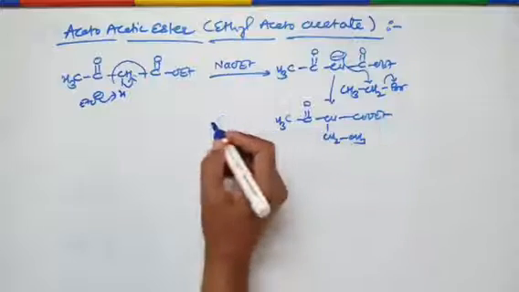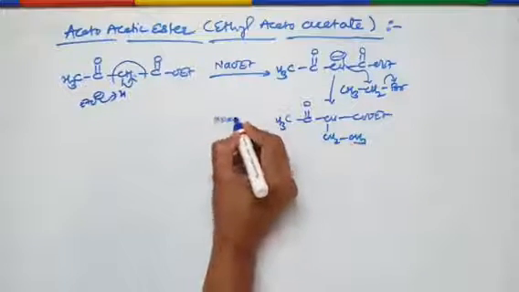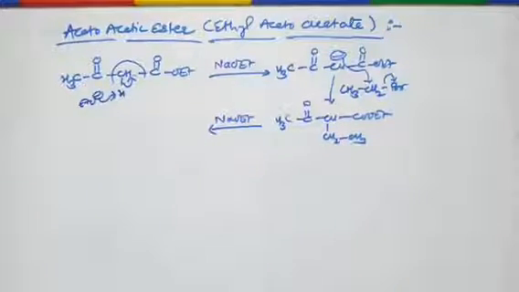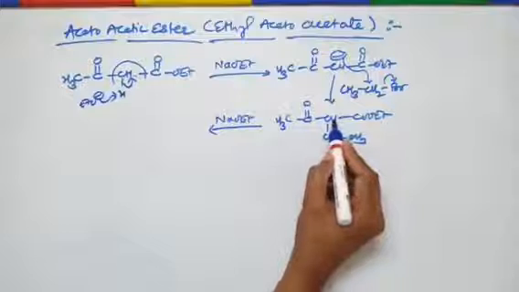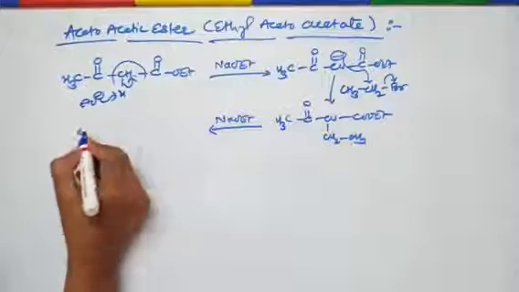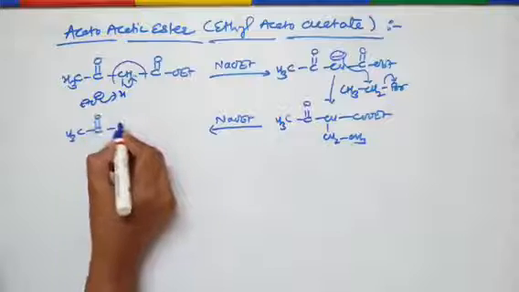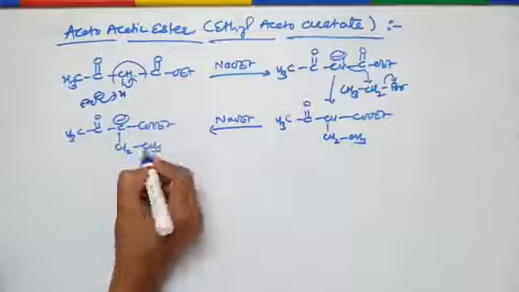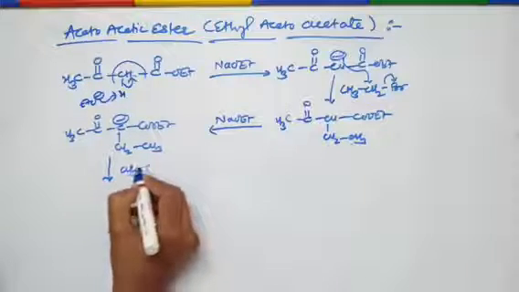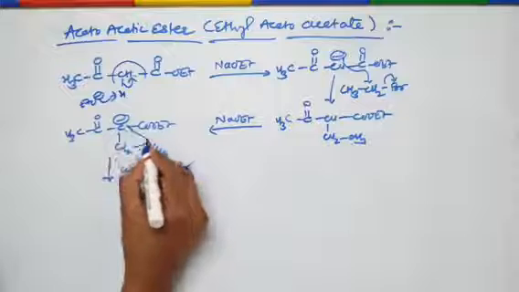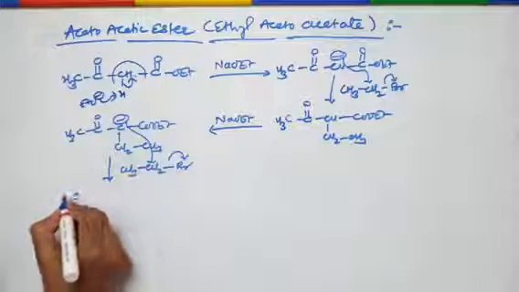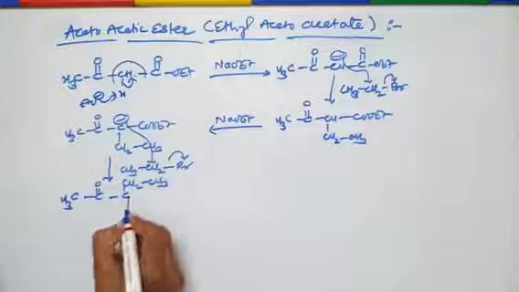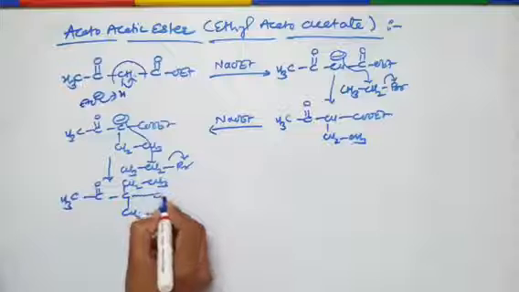Now again treat it with the base because you want the dialkylation. So treat it with the base sodium ethoxide. Again this one hydrogen atom is abstracted by this OEt minus, and the carbanion is generated, C double bond O, C minus. This carbanion is now going to attack the second molecule of ethyl bromide. So it attacks on this carbon, bromine leaves, and we get the second ethyl group introduced: CH2 CH3, COOEt.